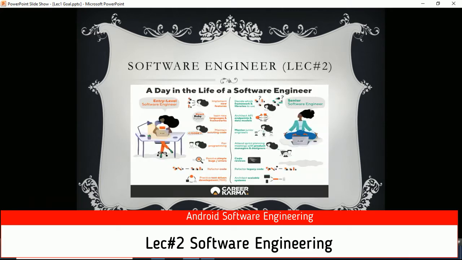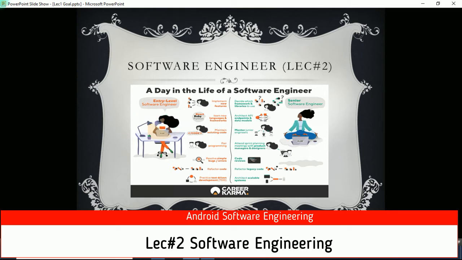This is a chart defining the day of a software engineer. This is the entry level software engineer, and this is the senior software engineer. At the entry level, where we are learners, we first decide the entry level.